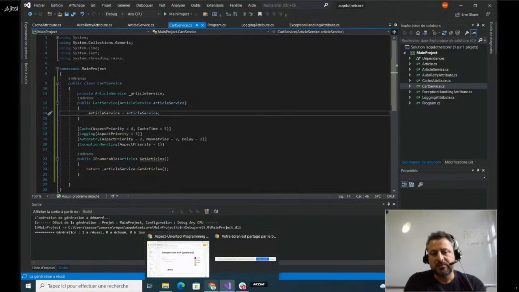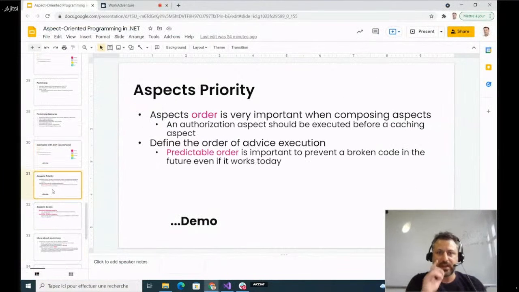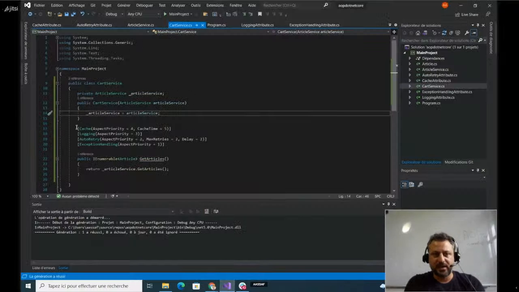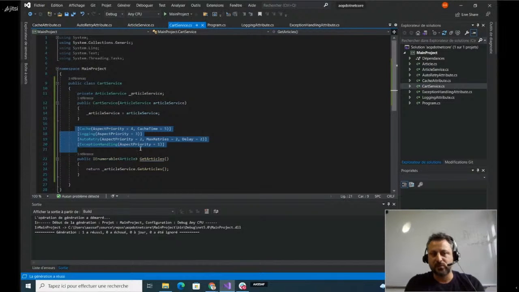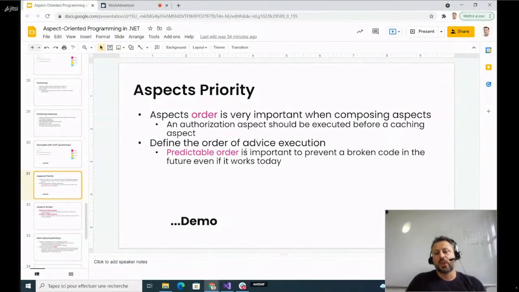So let me return to the presentation to present an important feature here, which is the aspect priority. In fact, the order of aspects here is very important. It was explicitly written like this. For example, we cannot have an authorization aspect executed after the caching aspect.